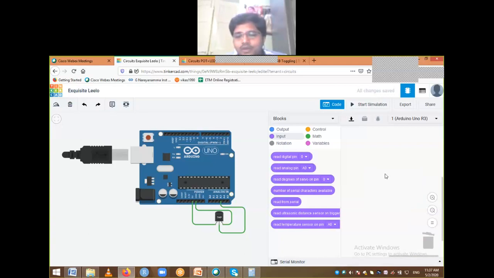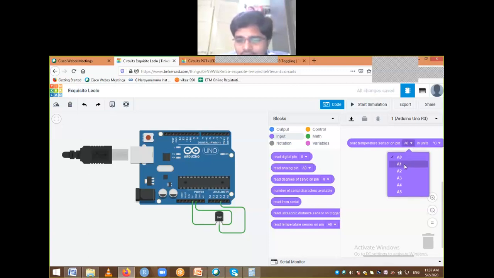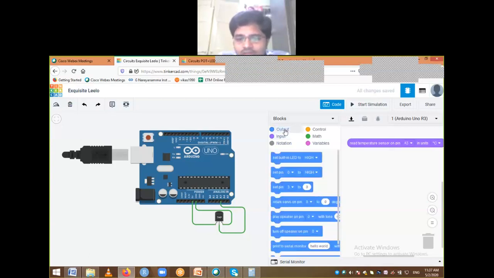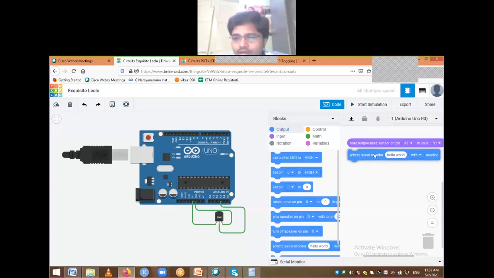I'll drag this one, read temperature sensor pin, but we have connected this one on A3. I'll select A3, and I also want this one to be output in serial monitor. I'll drag that one also, print to serial monitor.